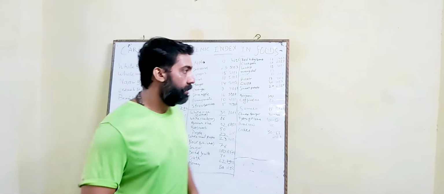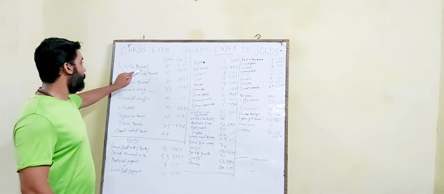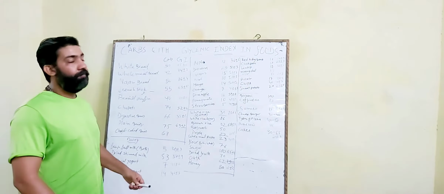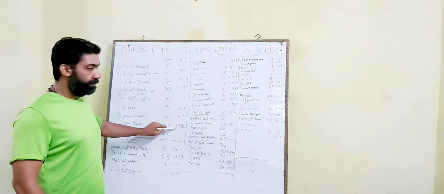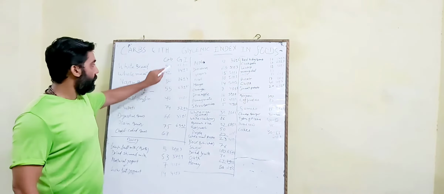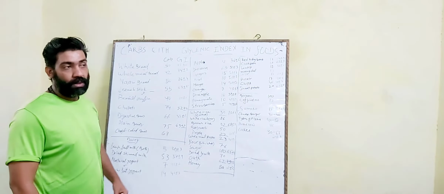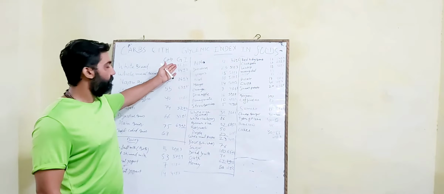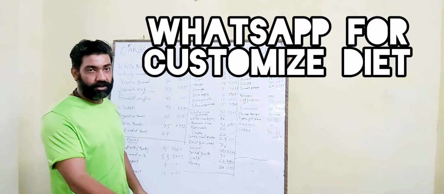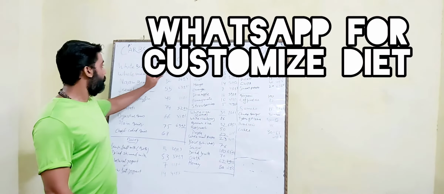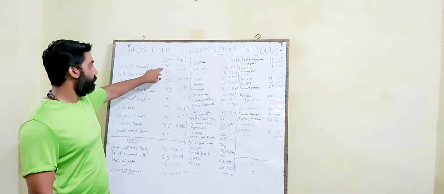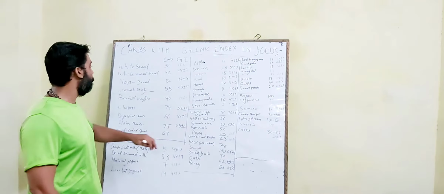Let's start our video. White bread has 50 grams of carbs and a GI value of 75. We take the middle range, like the average of every food's GI value, because some research shows 75 plus or minus 2. So we take only the average of every food. Like white bread has 50 grams of carbs and a GI value of 75.